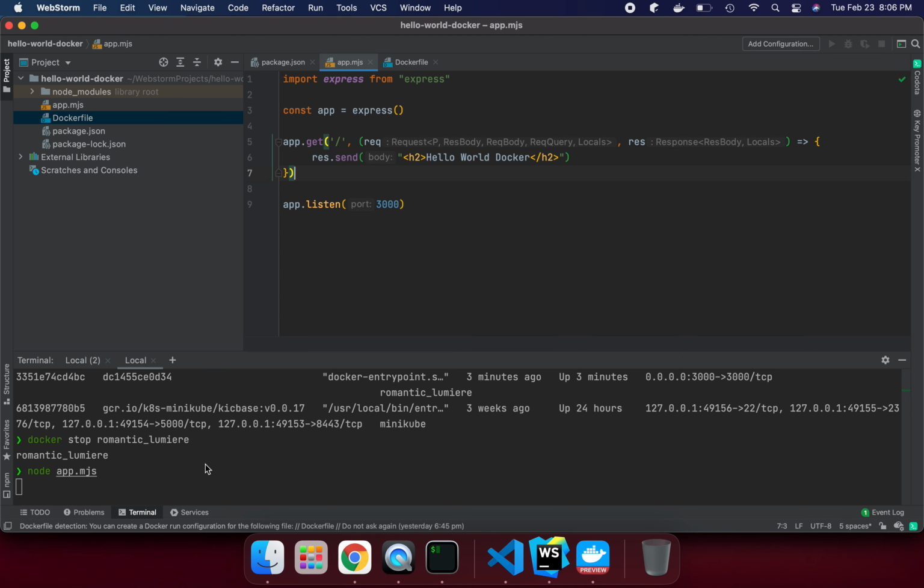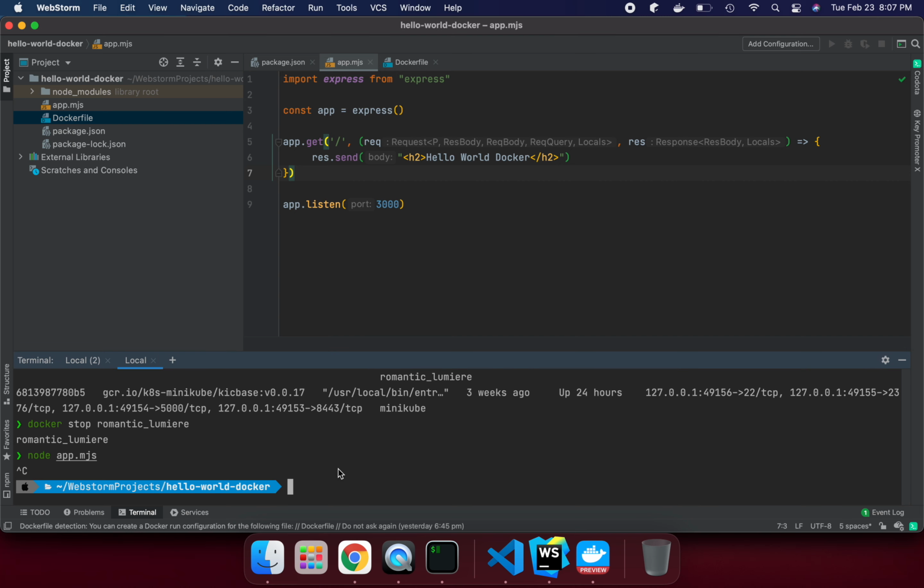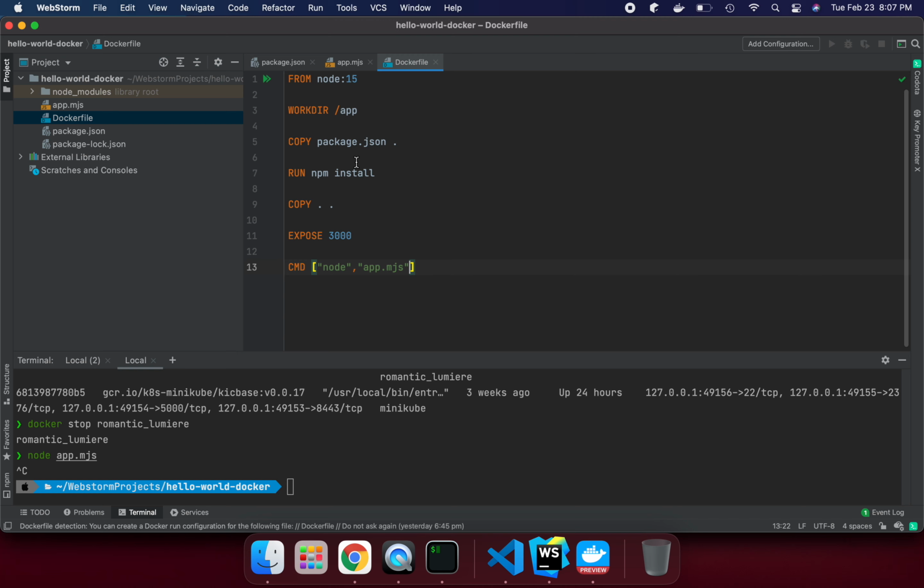So this is local running, there is no container here, and we are not using docker at all. So how can we use docker? Suppose we want to run this hello world docker in containerization. What we need to do here, basically, is create a Dockerfile. Generally the way you do the setup here locally, similarly you are doing it in the containerization world, nothing extra.